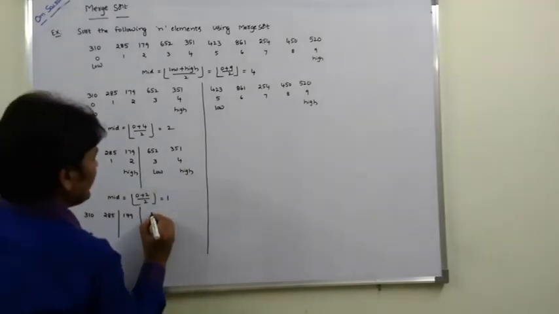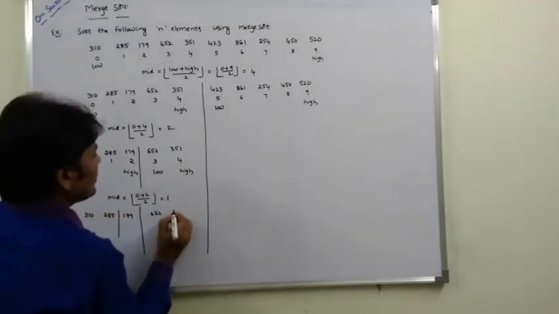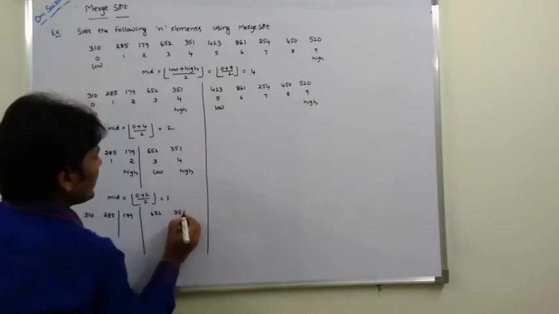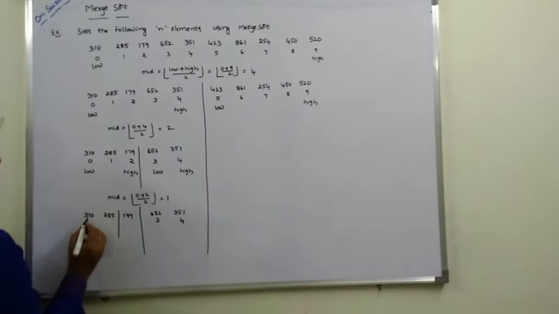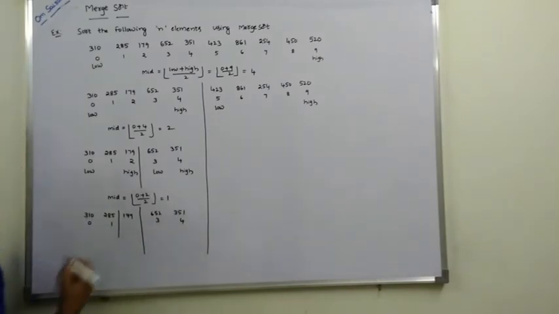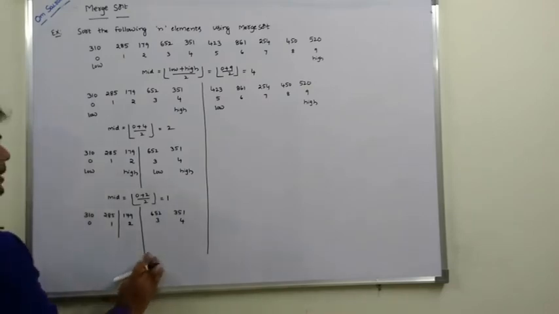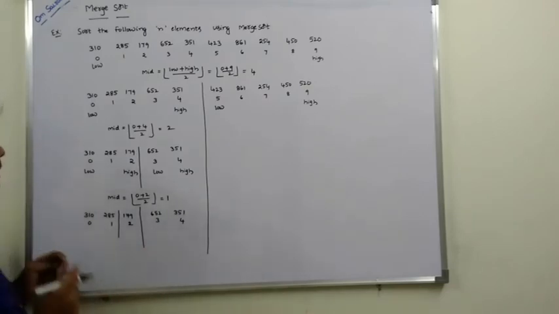And it contains only 2 elements. So 652, 351. So that is 3. This is 4. This is 0. And this is 1. And this is 2. Okay. Now we have to combine